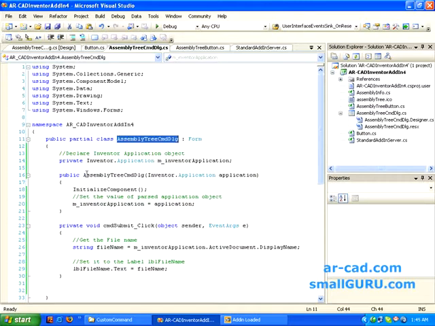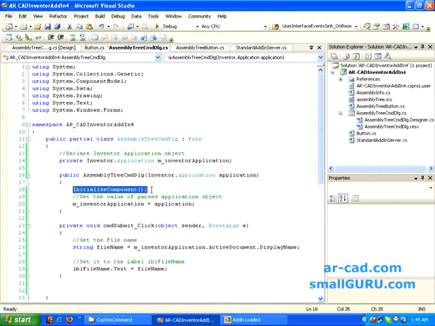So this is the constructor in this context, and constructors are the methods that will be executed as initializing factor. Whenever you create a new instance of this particular class, the constructor of the respective class is executed, and we are passing the Inventor application object as application.